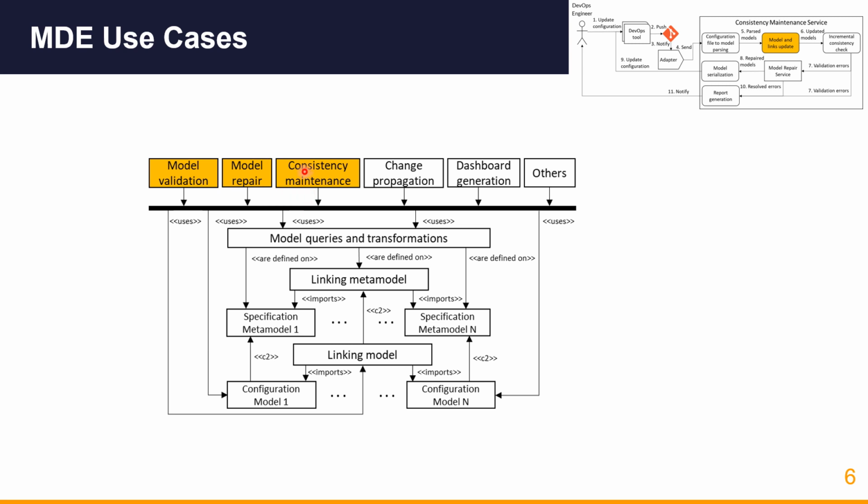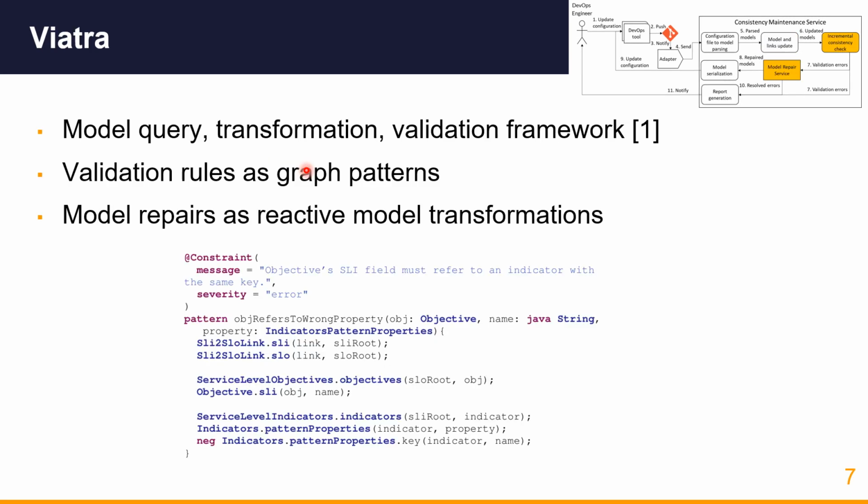in the models automatically. To implement the model validation rules and the model repair actions, we use the Viatra model query transformation and validation framework. The validation rules are defined as graph patterns, as we can see in this example, and the model repairs are reactive model transformations. If we have a look at this example, then it defines a model query which checks that